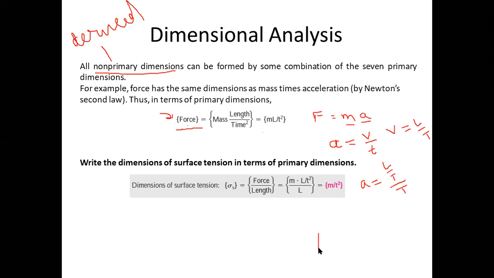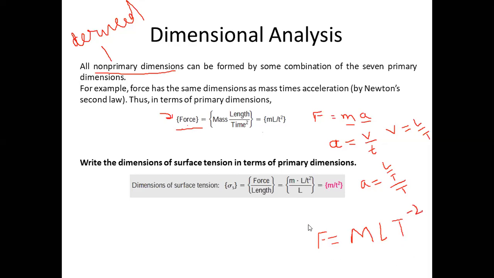So in case of force, force will be equal to mass, which I can measure in kilogram, pound, or something. For mass, the fundamental notation I am going to use is capital M, and for acceleration, we just found L by T square, which means T to the power minus 2.